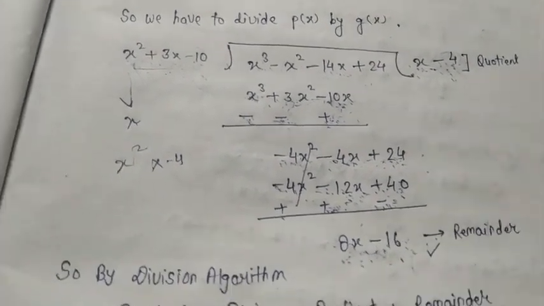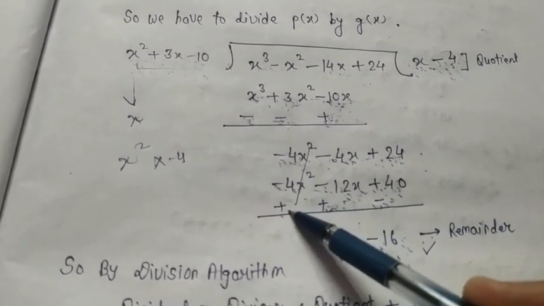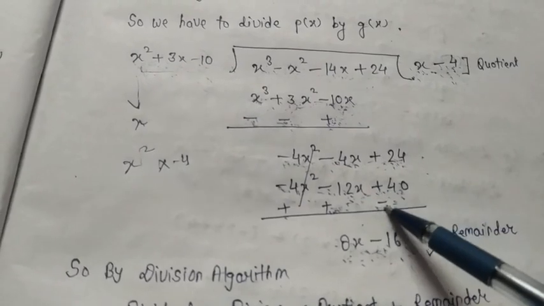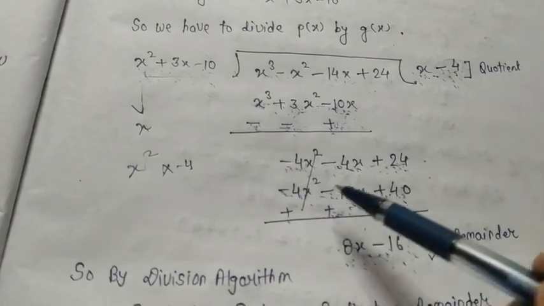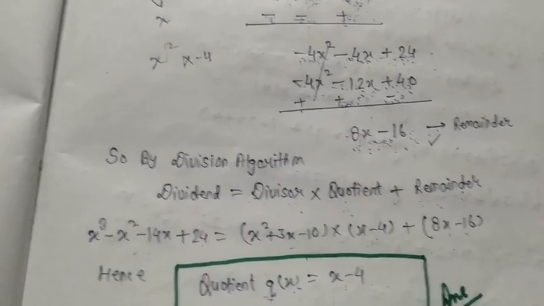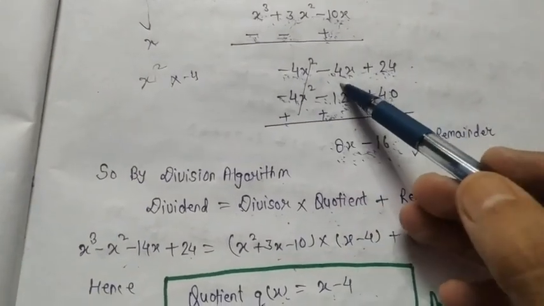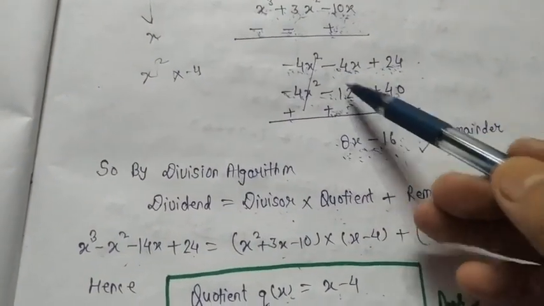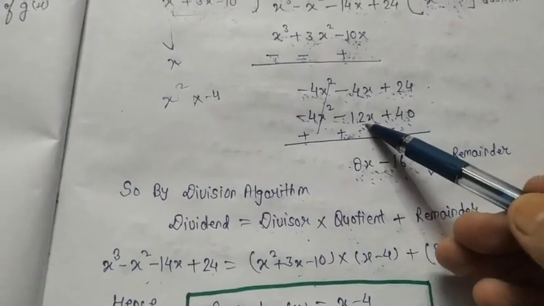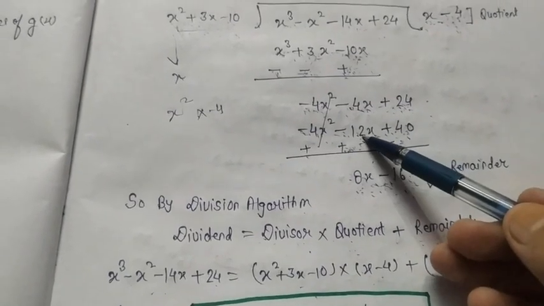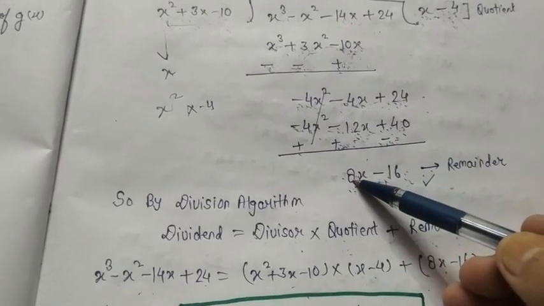The sign will be, now see, this is minus, it will become plus, this is minus, it will become plus, and this is plus, it will become minus. So these two will be cancelled because it is minus 4x square and plus 4x square. Now children, see, minus 4x and plus 12x both have opposite signs, so their values will be subtracted. How can we subtract? From greater value to smaller value. So 12x minus 4x will become 8x, and because 12 is positive, in the final result plus 8x will come.